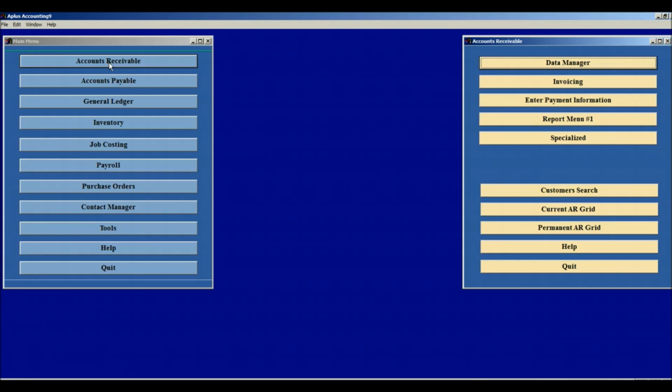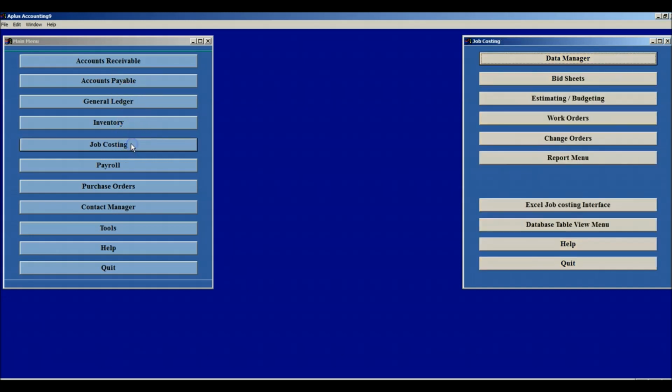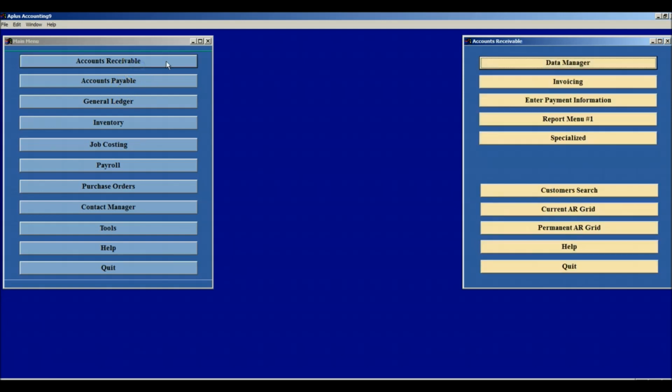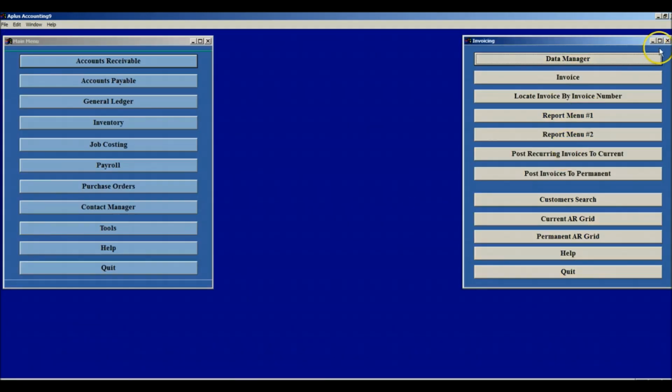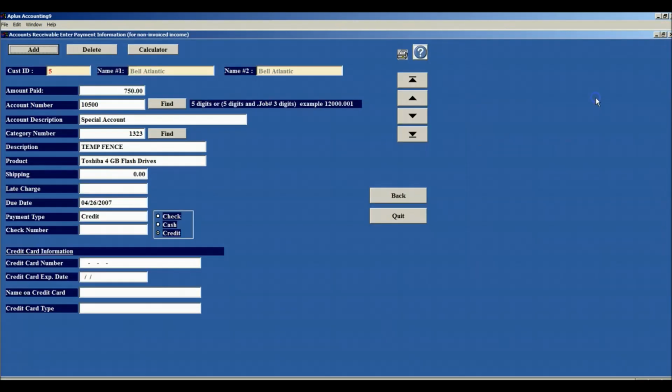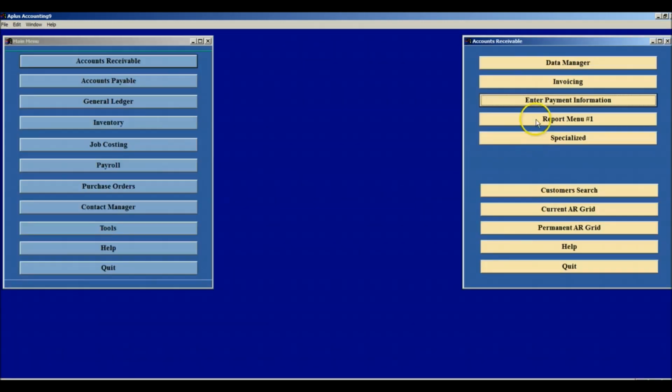Accounts receivable is one of the largest accounting modules in accounting, the other one being job costing. And the two do integrate with each other to some extent. If I were to go to accounts receivable, then I would see the major options on the main menu for accounts receivable being data manager, invoicing, enter payment information, report menu,